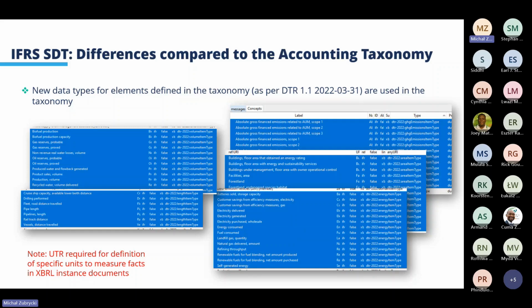Considering the different nature of the information being disclosed, which is more environmentally oriented, there is also a need to express certain things in different ways than we are used to in the financial space. In the financial taxonomy we mostly have either monetary items, decimals, strings or text blocks. However, here I created some screens with examples of the different new data types that will be used based on the DTR